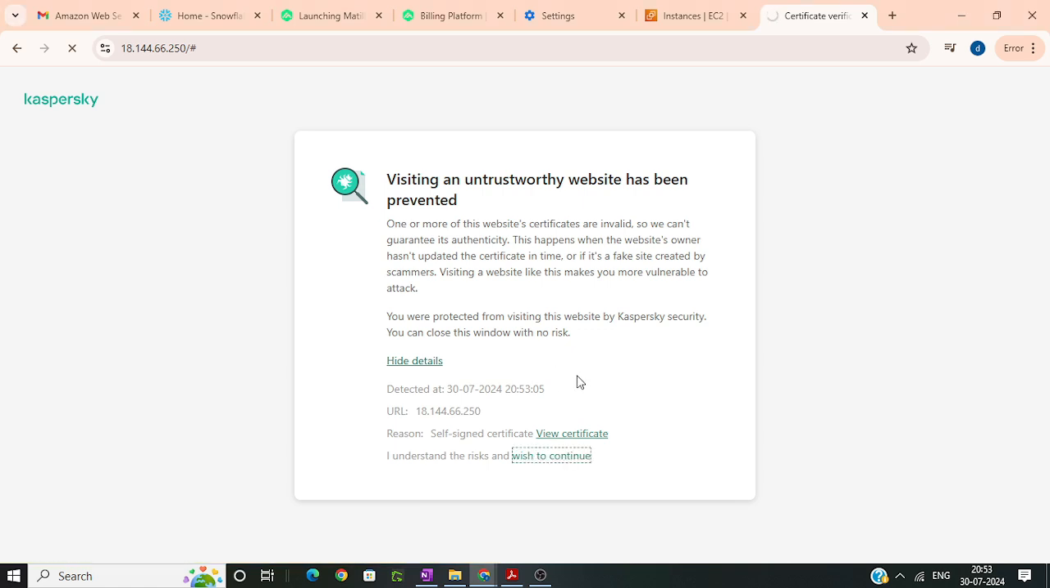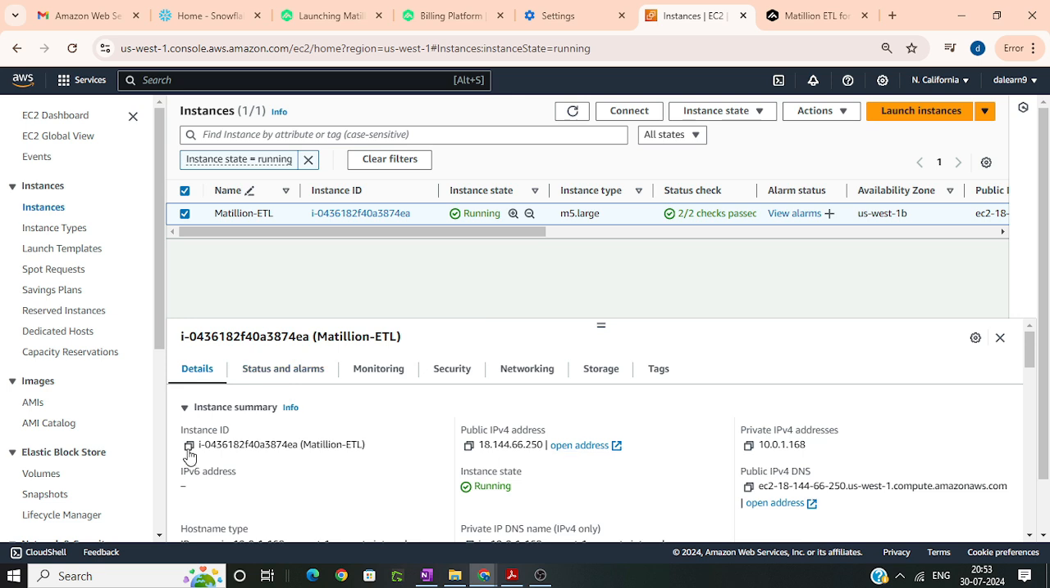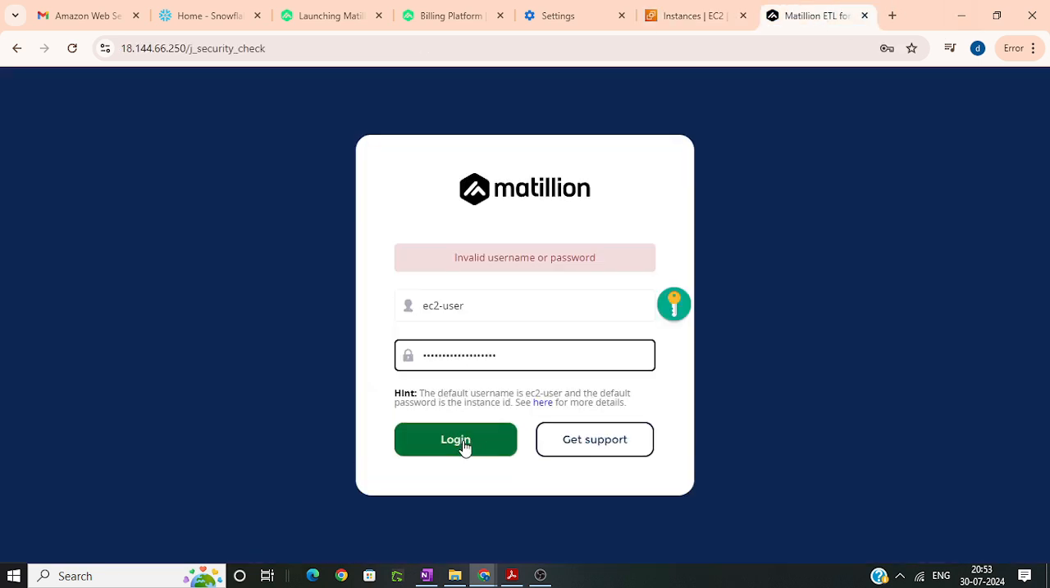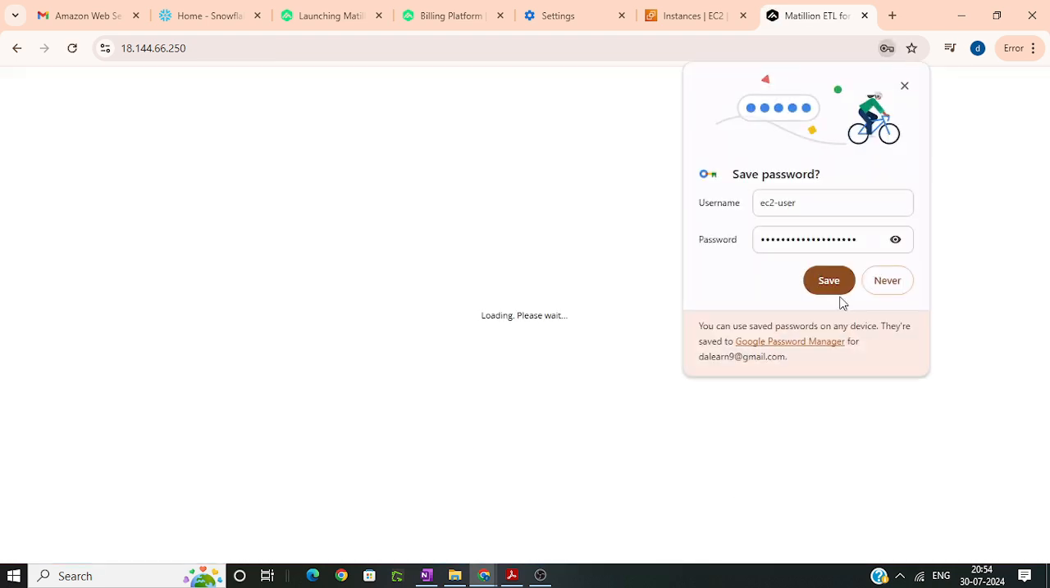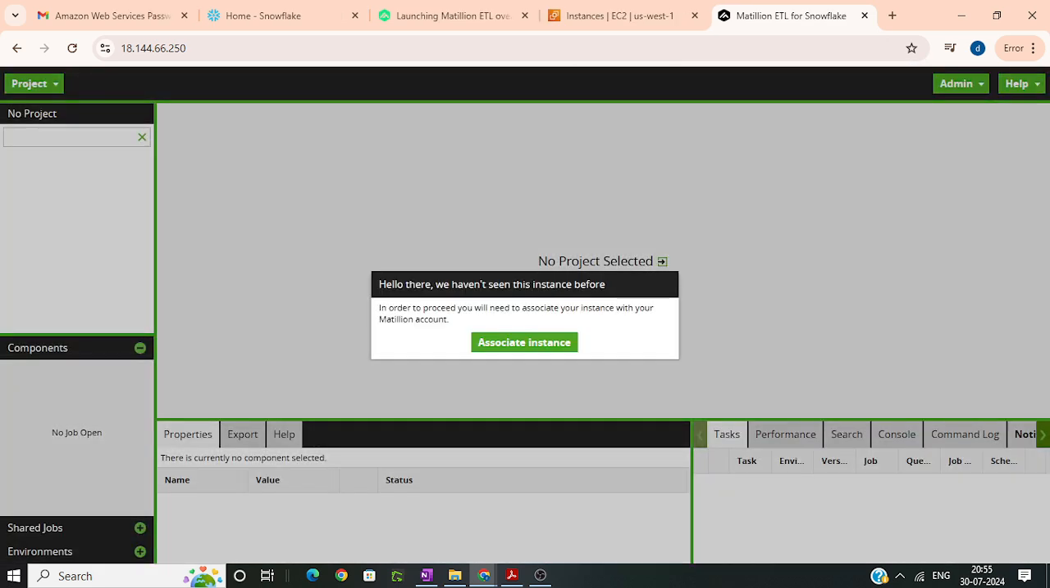Sometimes a few firewalls also block this, so you'll have to check that if you're not able to proceed. The username is always ec2_user and the password would be the instance ID. And it's loading the Matillion UI. The UI has been loaded and we have to just associate to an instance. So just click on associate instance,